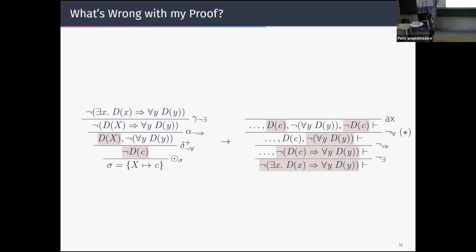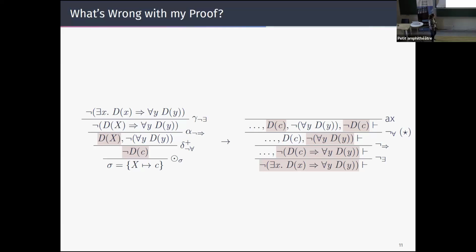But in sequent calculus, if I try to do this, what I have here is not exist x, and I want the final value of x. So here the final value is c. So I use c. I have not d of c, and so on. And then here, when I want to do the Deskolemization step, what I introduced here was c. But here, c is not fresh, and the Deskolemization step in sequent calculus requires a fresh Skolem symbol. So here, this step is not correct.